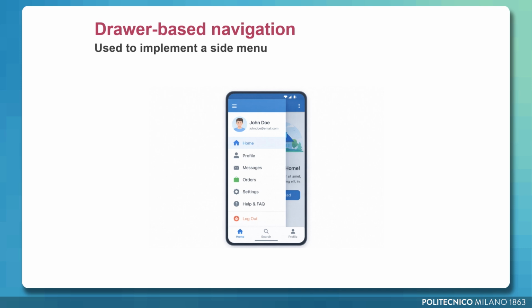By selecting one of the menu items, users can jump directly to the screen they are interested in. From there, navigation can be organized using patterns we have already discussed: local menus, tabs, or stack-based navigation.